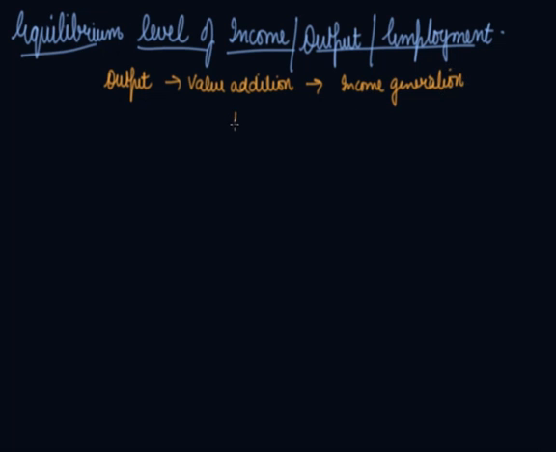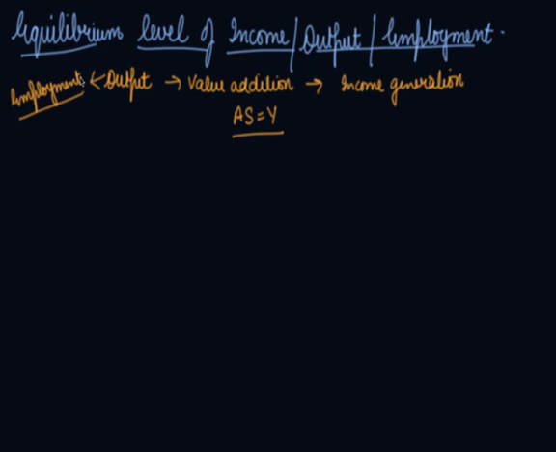So your aggregate supply is equal to your income. And if output is in equilibrium, it means your employment is also at its equilibrium,